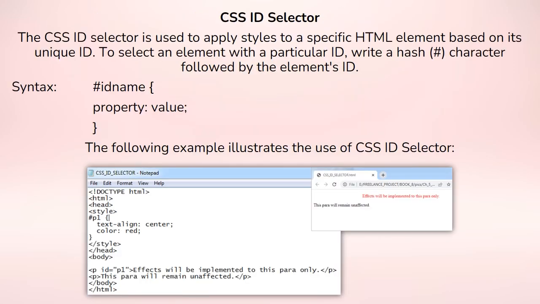CSS ID Selector. The CSS ID selector is used to apply styles to a specific HTML element based on its unique ID. To select an element with a particular ID, write a hash character followed by the element's ID. Syntax: #id_name { property: value; } The following example illustrates the use of the CSS ID selector.